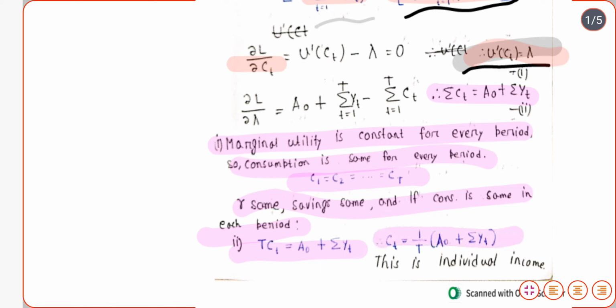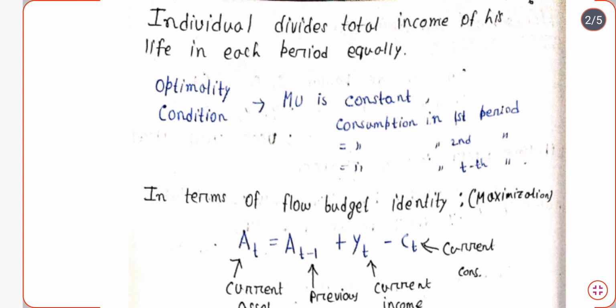Now this is our individual income. Every individual has this amount of income, that is 1 by T into a0 plus summation yt. This is every individual's income, as well as consumption, because this amount the individual is consuming. This is the consumption of the individual, as well as the income of the individual. Now, if the individual divides the total income of his life in each period equally, that means the individual is giving the income of his life to every period equally,